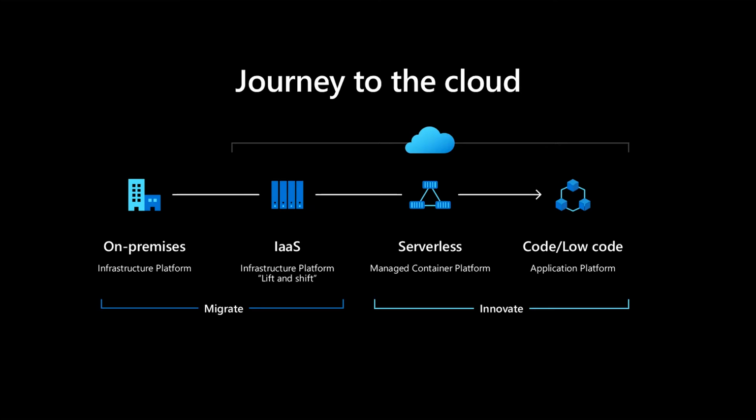So as students begin to look at careers, they look at the differences between: do I want to sit there and just update servers all day long with patches and things like that, or do I want to write code, or do I want to do something a little bit more innovative, right? So